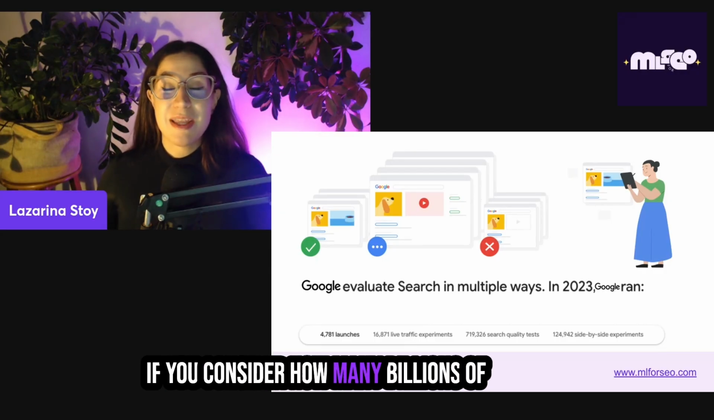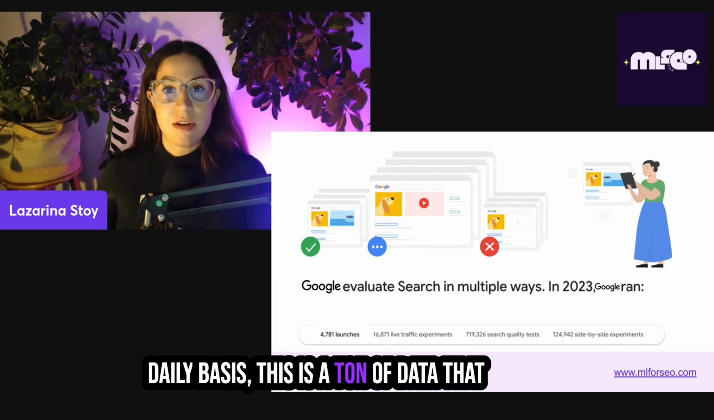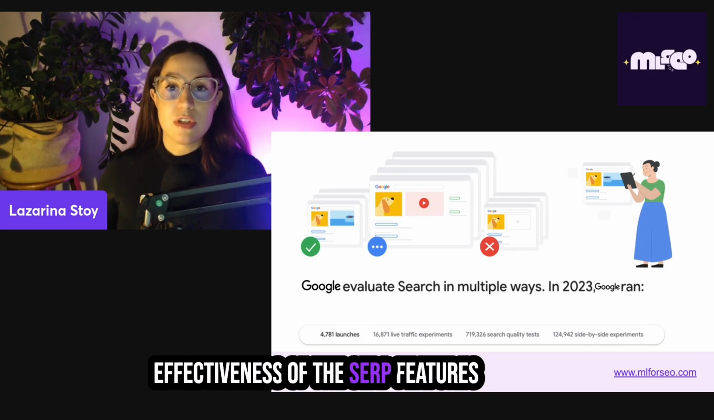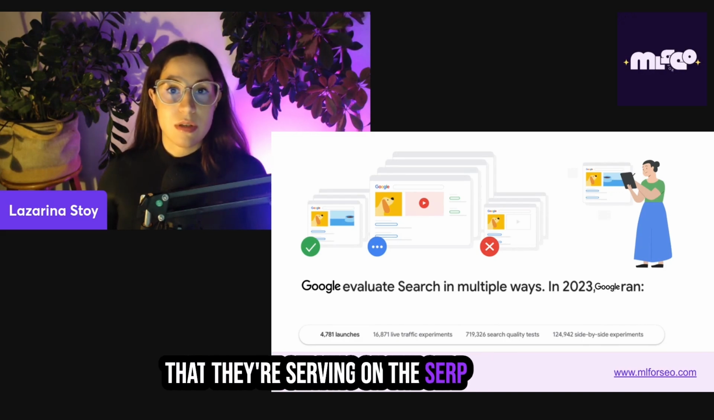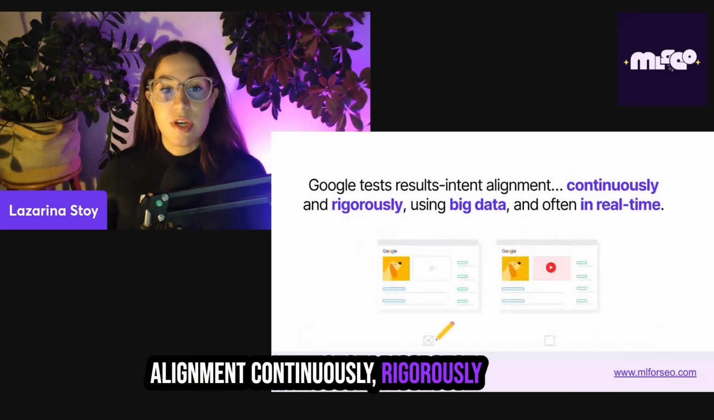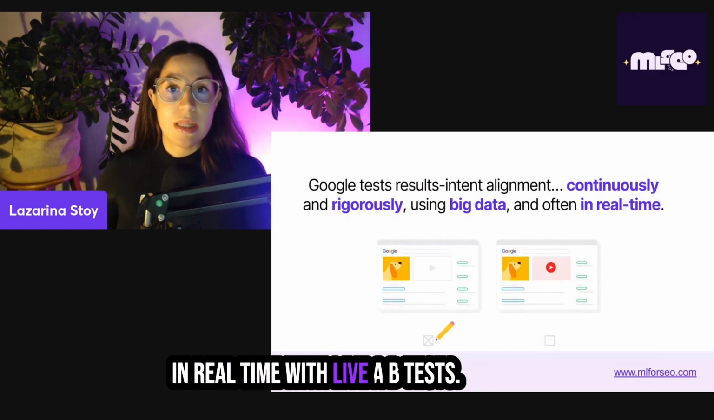If you consider how many billions of searches are being performed on a daily basis, this is a ton of data that Google has in order to validate the effectiveness of the SERP features that they're serving on the SERP. Google tests results intent alignment continuously, rigorously, using big data, and often does that in real time with live A/B